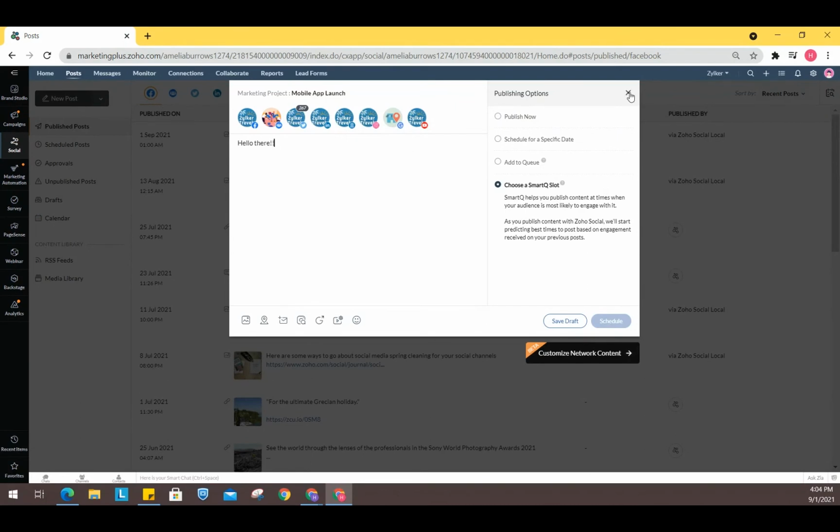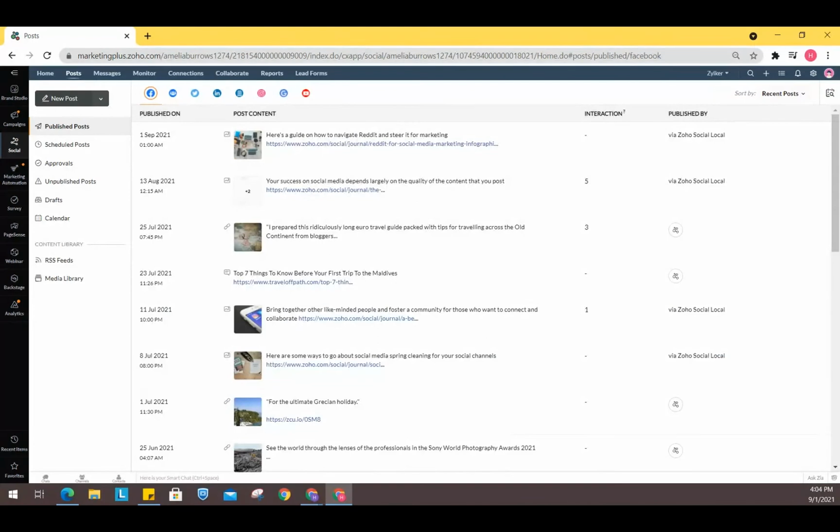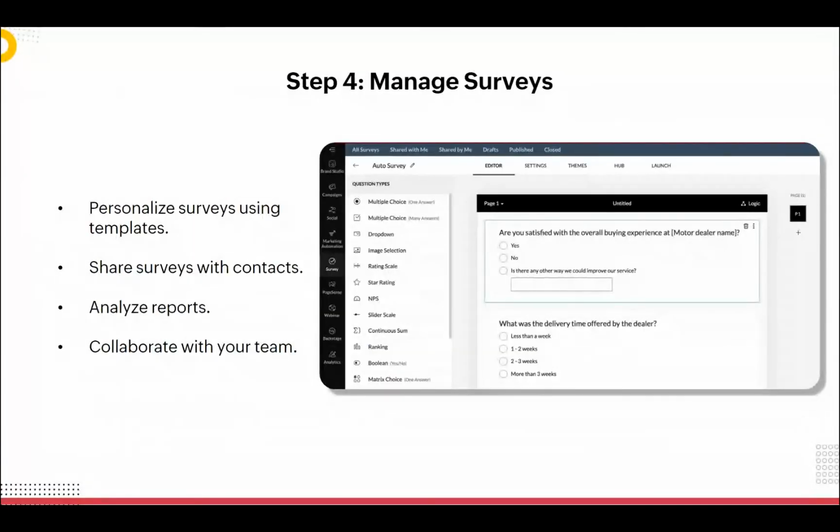And that was about social media. Now we also get to manage surveys in Zoho Marketing Plus. Here you can create surveys from scratch using the simple drag and drop editor, or choose from a wide range of pre-designed templates as well.